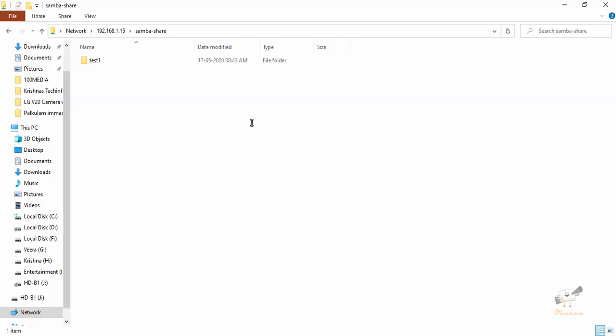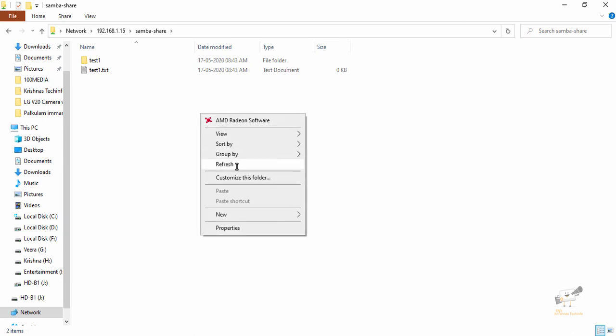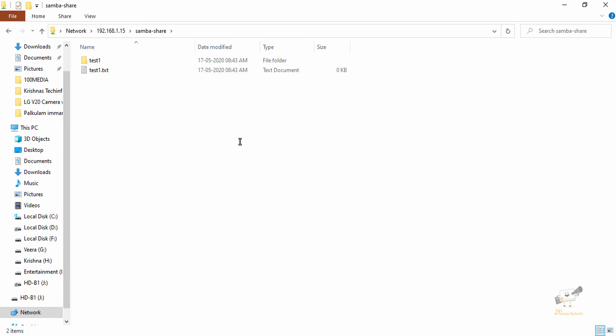Now coming back to the Windows machine, we can just refresh. Now we can see the test1.txt and test1 directory. So even if we delete the files and folders in the Samba share, after we refresh the window we can see both the files and directories.